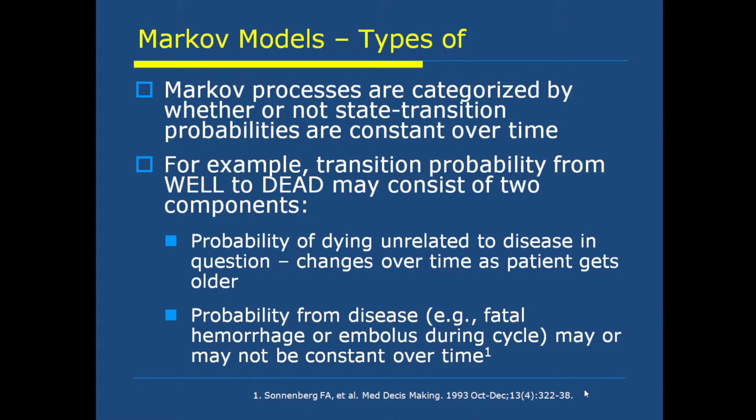For example, the transition probability from well to dead may consist of two components: the probability of dying unrelated to the disease in question, which changes over time as the patient gets older, and the second, the probability of dying from the disease, such as hemorrhage or embolus,